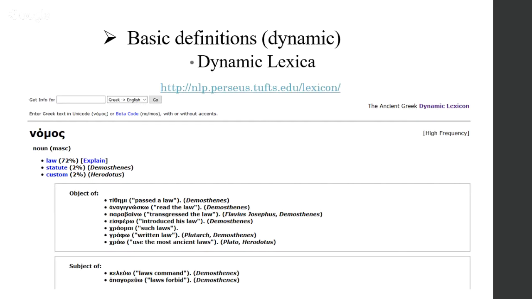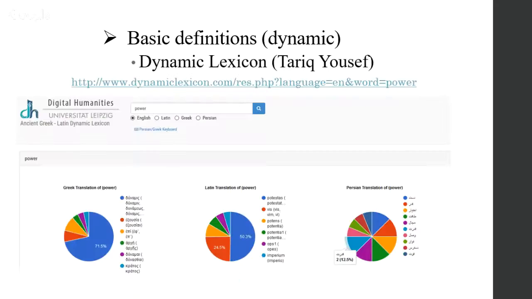For example, here the word nomos, you know, in 72% it is translated as law, and so on, other 2% or 4%, and in which author this translation is attested, and you know, object of tithemi, pass a law, and so on, subject of keleuo, law's command, you know, in Demosthenes. And of course also to use it with other languages like Greek and Persian and Latin.